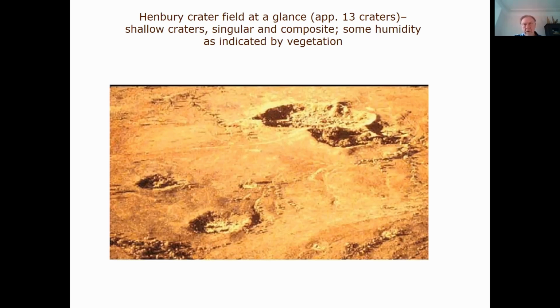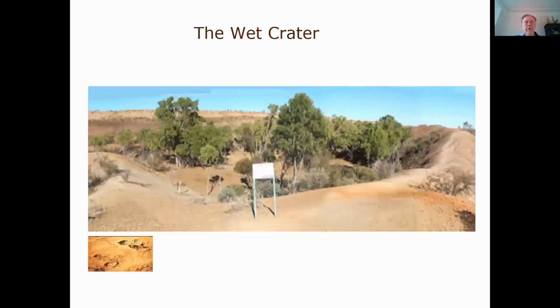There's also a characteristic thing that it can be difficult to see one of the craters because there's so much vegetation down in it. We see the characteristic subsurface creeks that are marked here by the lines of trees. And if we go close to that, it is very appropriately called the wet crater because it intercepted a subsurface creek. And of course, the water kept flowing into it, and for the lifetime of this crater it has been used as a drinking pond for the animals roaming around the countryside.